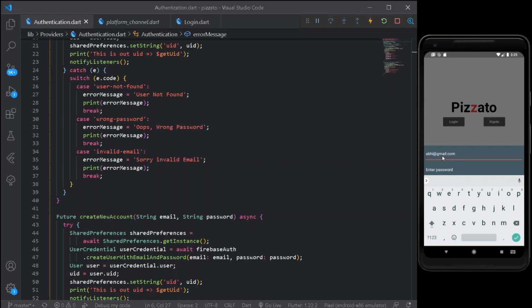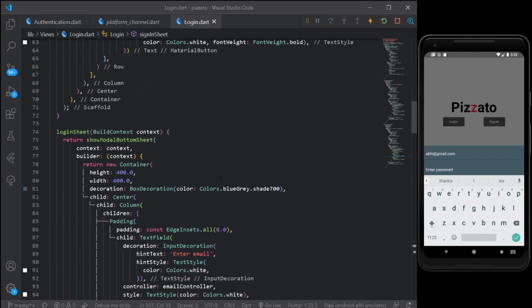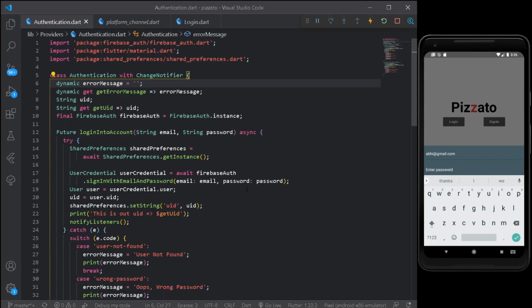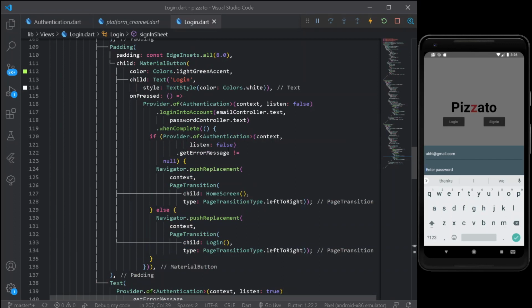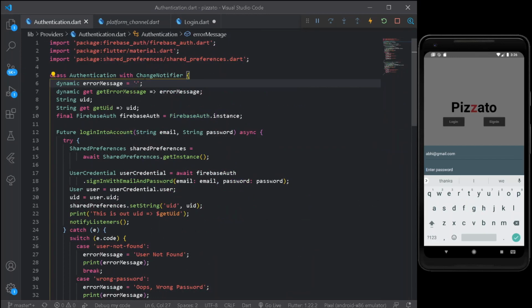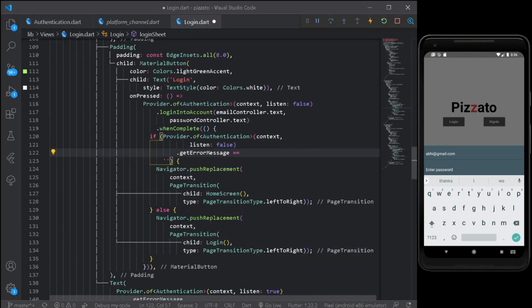Alright, it is not that one, which is just a B. So here let's make some changes under our login. Now as you may see, we can't provide here a null value but just an empty value. So here under our login screen, we are simply getting if error message is empty, that is if the value of get error message is empty, that it shall not contain any error, we shall be simply navigating the user to our